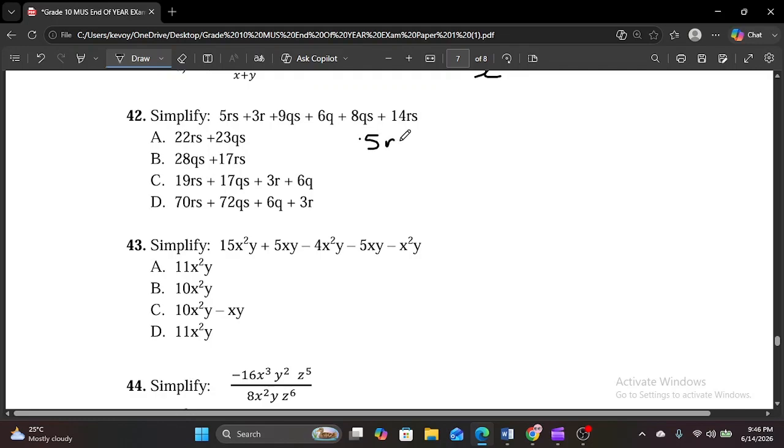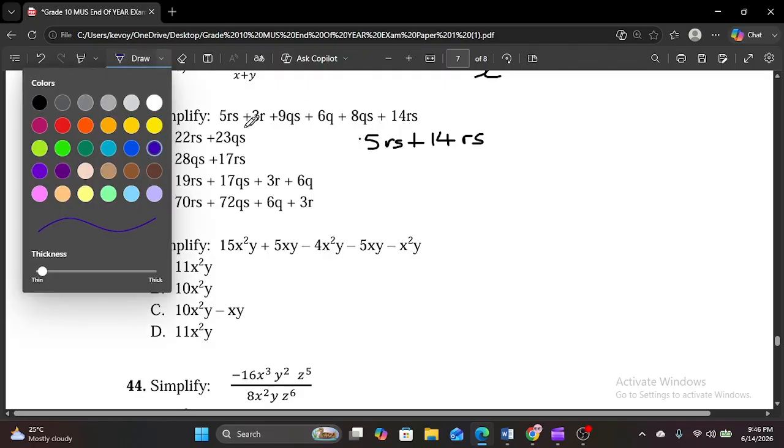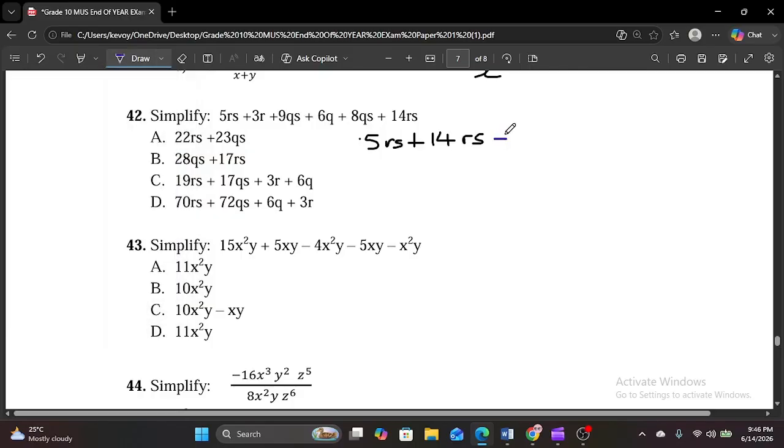So we're going to have 5r plus 14r. And then we're going to have our qs. So I'm going to put my 9q next, plus my 8q,